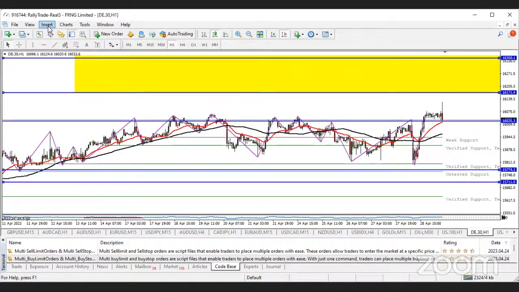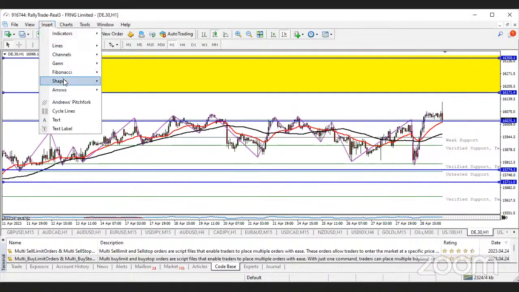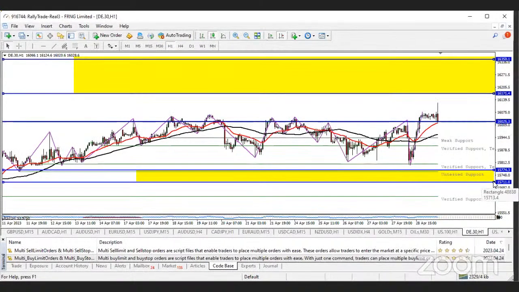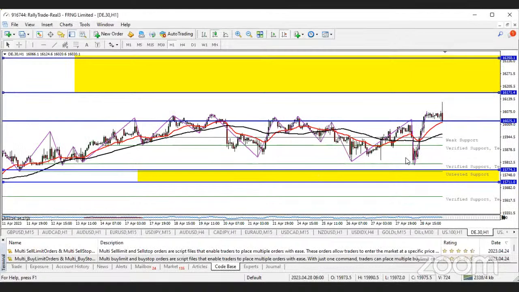This is a zone to enter your trade. Take note. Look at it. Then you can write down the verified support and the likes. But I'm just looking forward to if it can break below that verified support on my 1 hour time frame, then you can conveniently enter a sell. Very, very important to do this. But overall, the overall trend has been bullish. So let's look at gold.